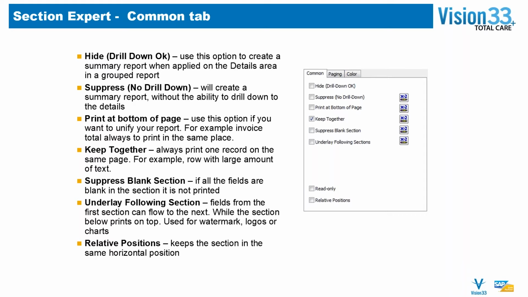Suppress means that I don't want to allow drill down. I want to hide that section completely, right? And if I want to print something at the bottom of the page, like a whole section, and I always want it at the bottom, I can use that option. I can choose to keep it together on the same page, a section. I can suppress a section if it's blank, meaning it just doesn't take